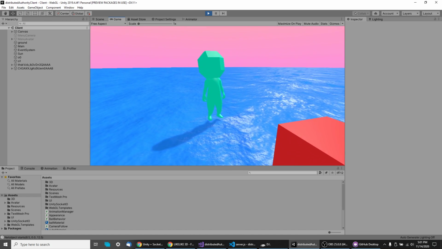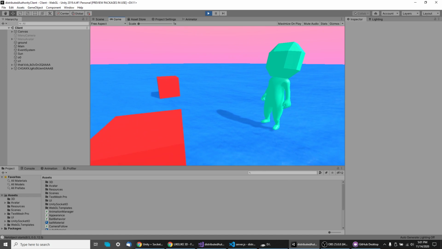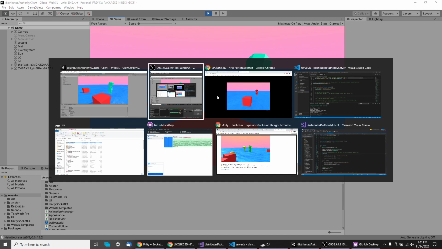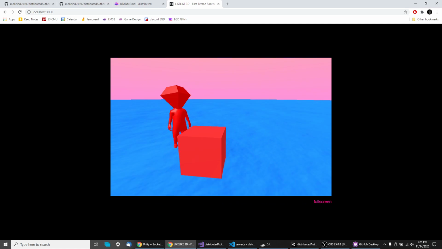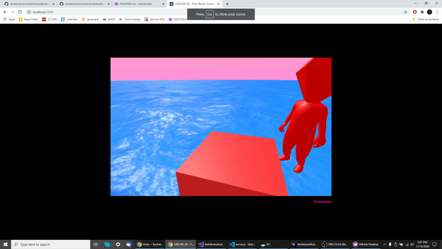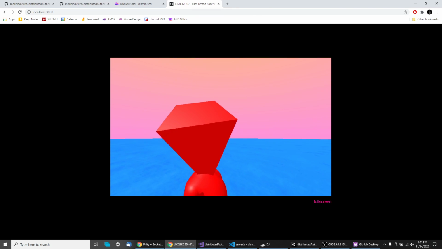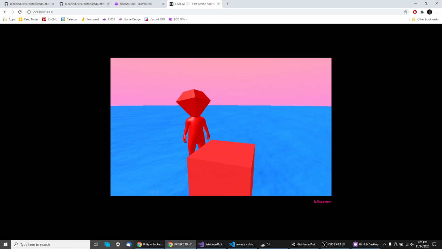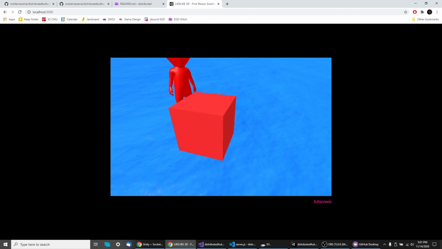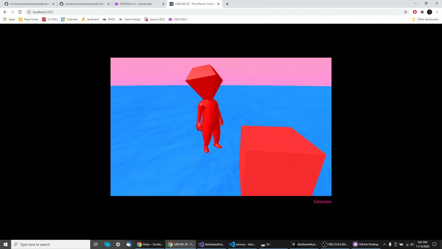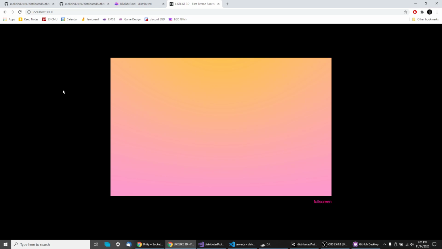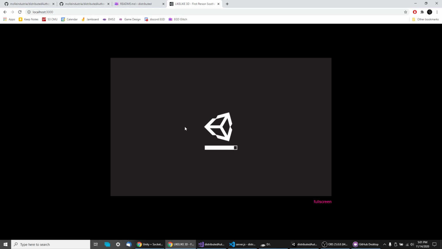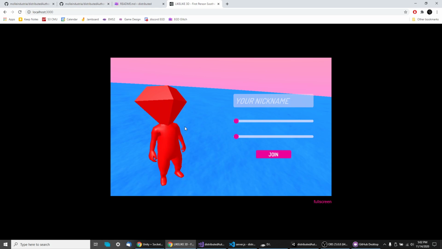This is a multiplayer framework for Unity. It uses Socket, WebSocket, actually Socket IO. It works on WebGL. Here I'm switching between the Unity editor and a build in WebGL. I'm currently running locally. The example has a character creation menu that you can see here in a second, and it's meant to simplify some functions and allow you to quickly prototype things in